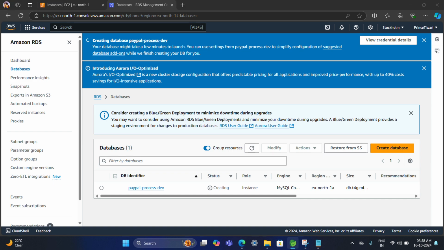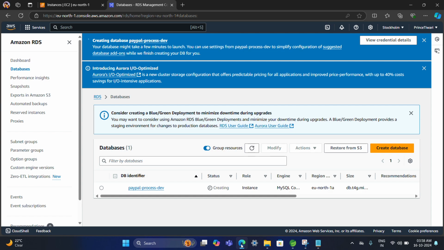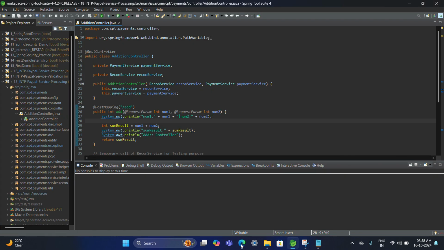Let's go there. Okay, so it is creating. We have successfully created our EC2 machine, and our RDS is creating. So the next step is to make the jar of both the two